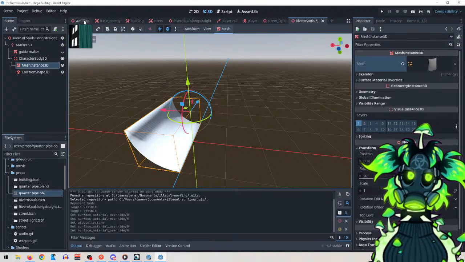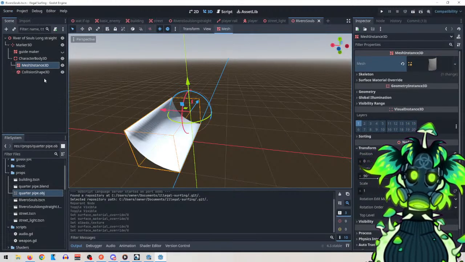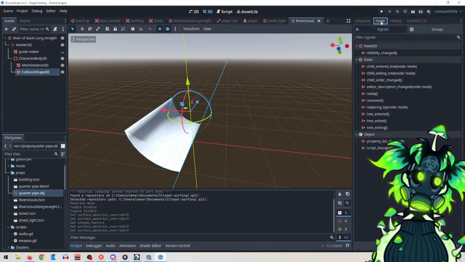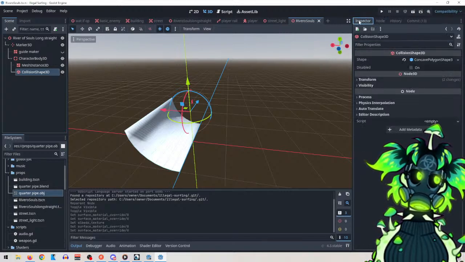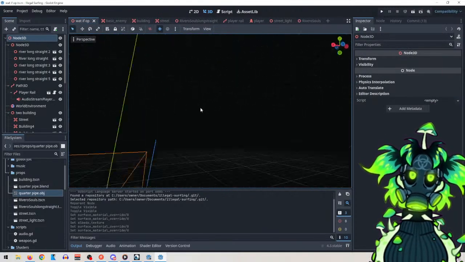Let me see if I can use the River of Souls as a collision object. I don't know if there's like a group that these were assigned to. No, okay, so we don't have to worry about that. All right, so